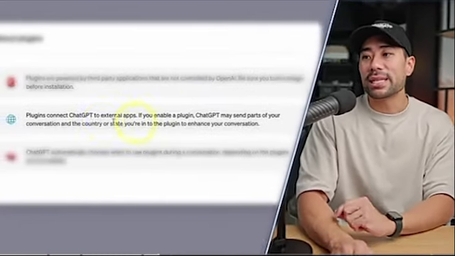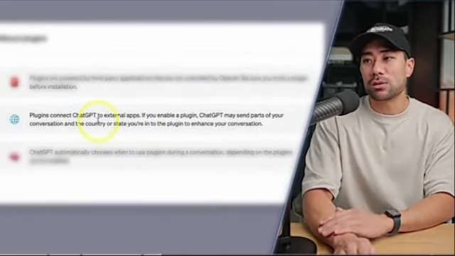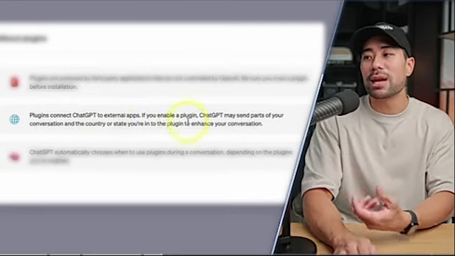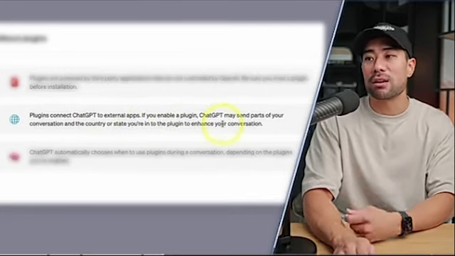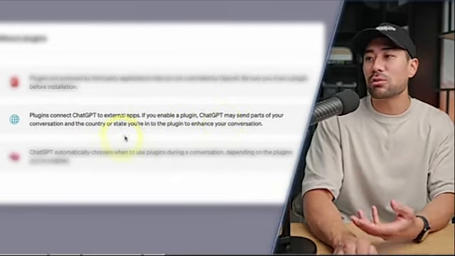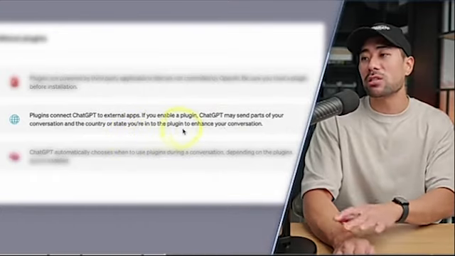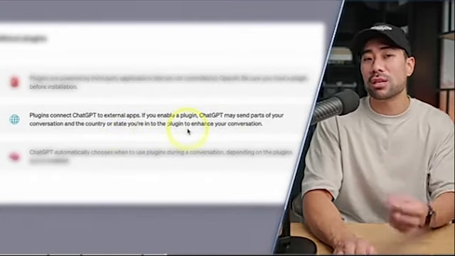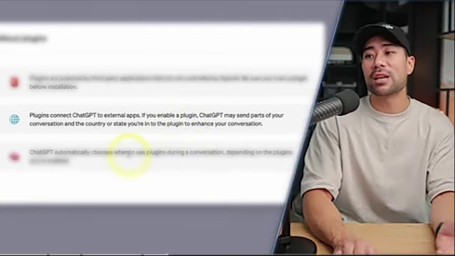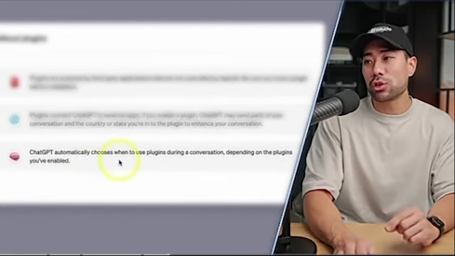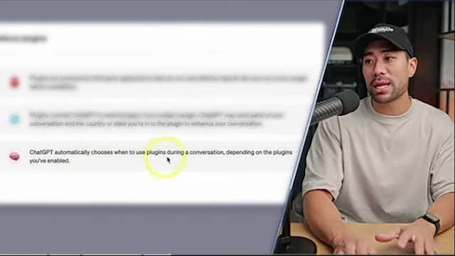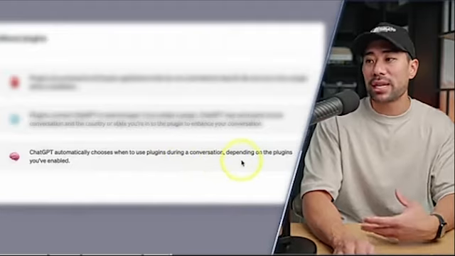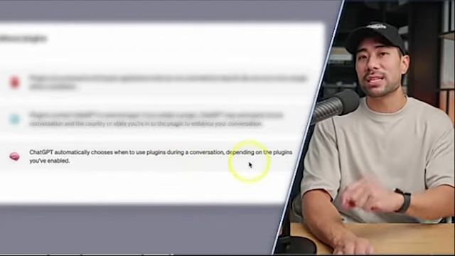The next is plugins connect ChatGPT to external apps. So if you enable a plugin, ChatGPT may send parts of your conversation and the country or state you're in to the plugin to enhance your conversation, giving you more accurate results. And then finally, ChatGPT automatically chooses when to use plugins during a conversation, depending on the plugins you've enabled. So this is not so much a disclaimer, but it does give you an idea of how ChatGPT executes an installed